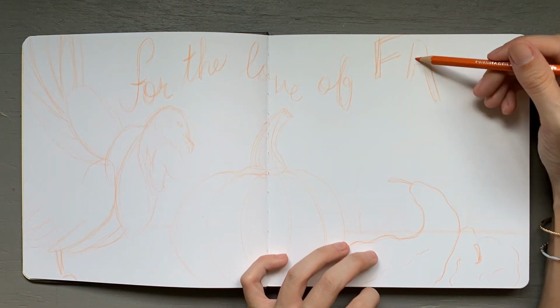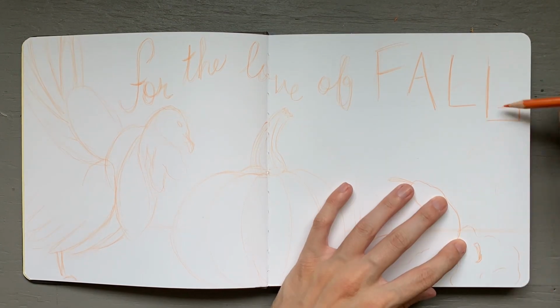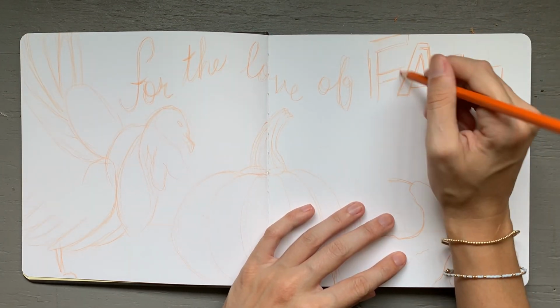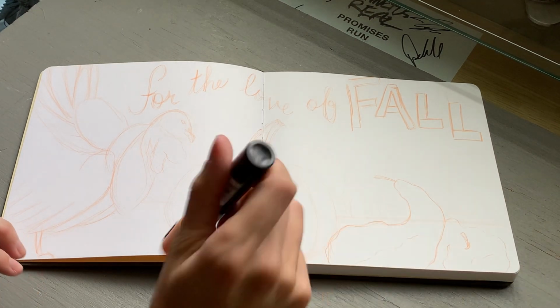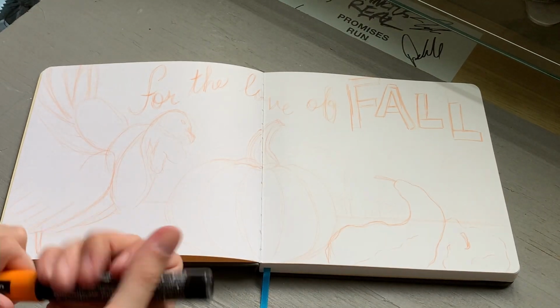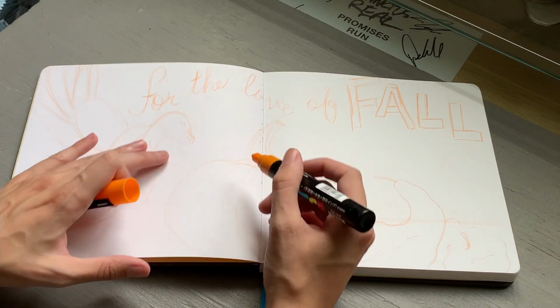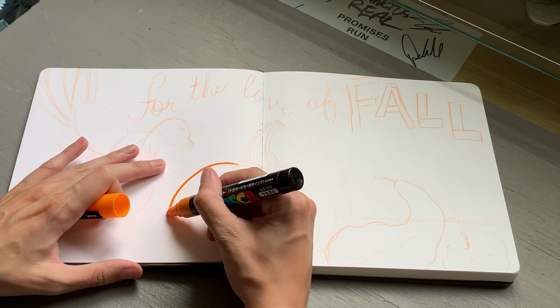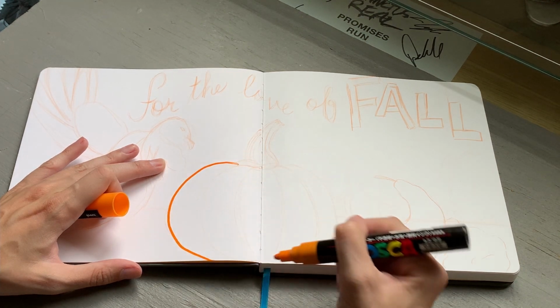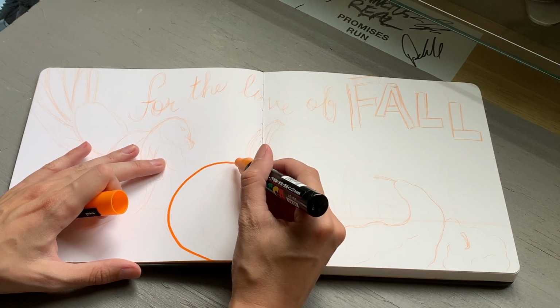so that includes obviously pumpkins. I love gourds. My dad is very good at buying and restoring gourds, so he paints them over and it looks so cool, and so I really wanted to represent that in this piece. I love turkeys. Turkeys are some of my favorite birds, and I have never drawn a turkey before, so I wanted to include a turkey in my illustration, and then obviously some nice fall foliage just to pull it all together,